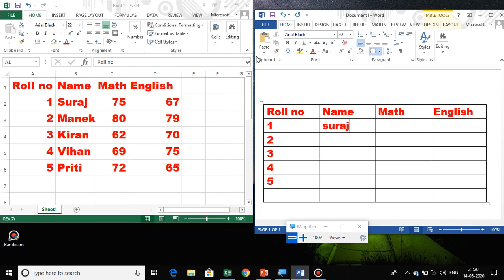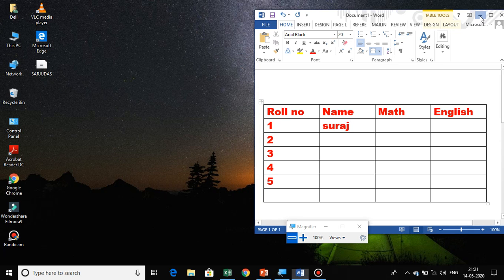So it is the option, which one? Show windows side by side, meaning two or more windows you can see at the same time on the same screen without minimizing one screen at a time. Clear everyone? So this is the option of Windows 7, show windows side by side. Now the next topic is exploring